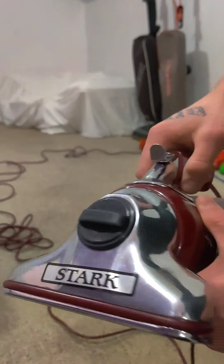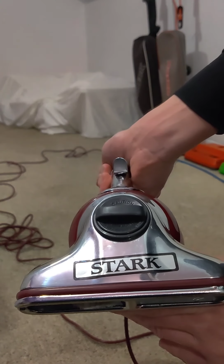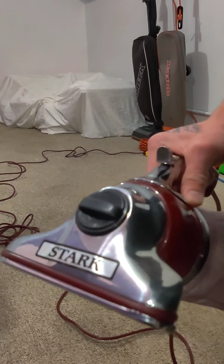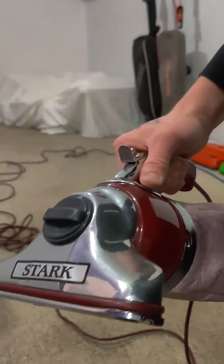What I seriously love about this vacuum is that it's literally no louder than your standard household hair dryer. Maybe on the medium or low setting, it's not even as high pitched as a hair dryer on the high setting, really, as far as my ears tell me. But that's what I love about these old vacuums. It has more of a low-pitched hum than anything made nowadays, like Dysons or all the bagless machines with cyclones